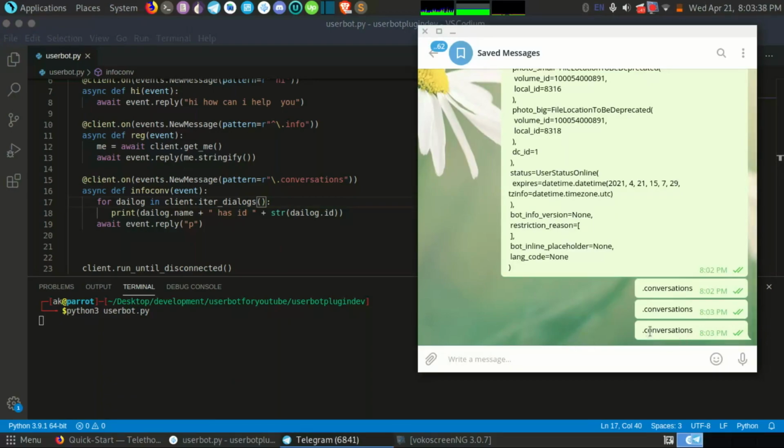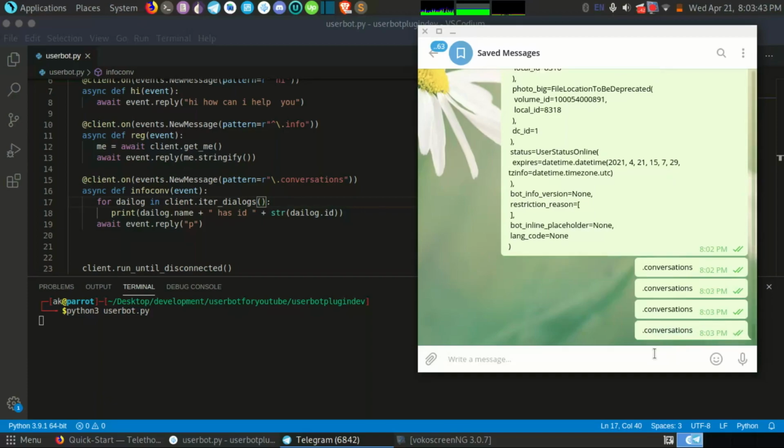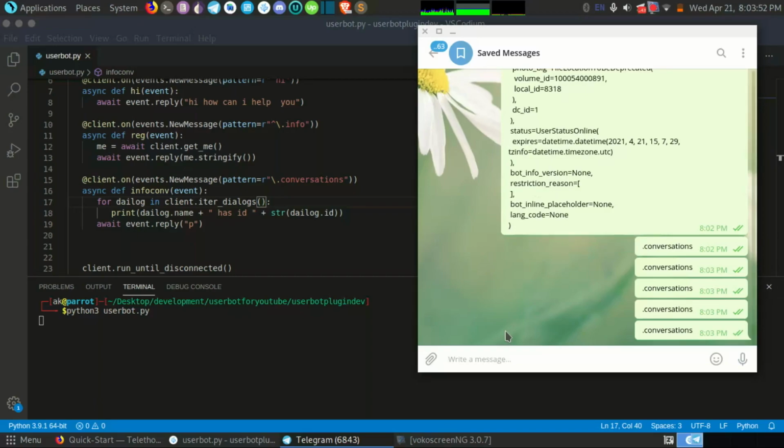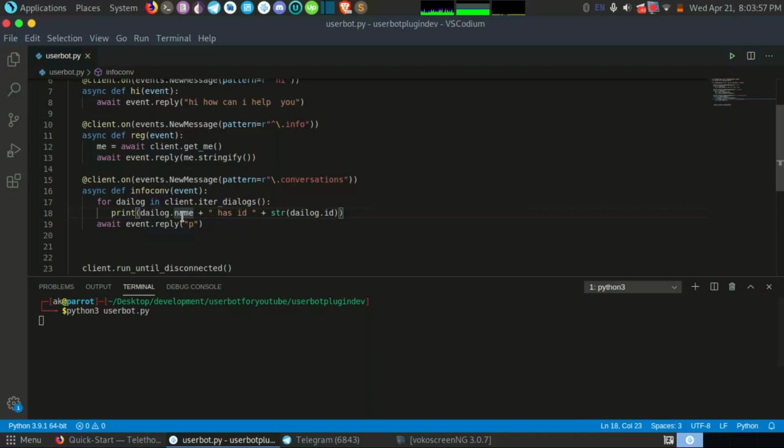Okay. Conversation, and it's again not doing anything. Okay, dialog dot name plus has id str dialog dot id. What is the problem? For dialog in